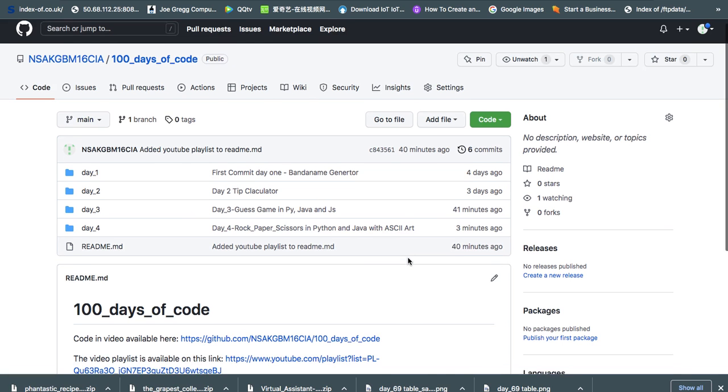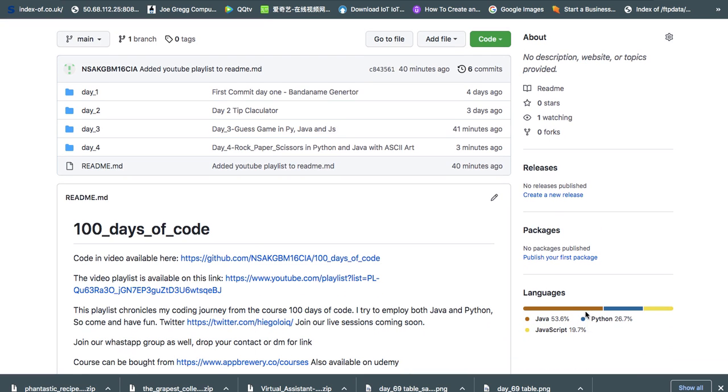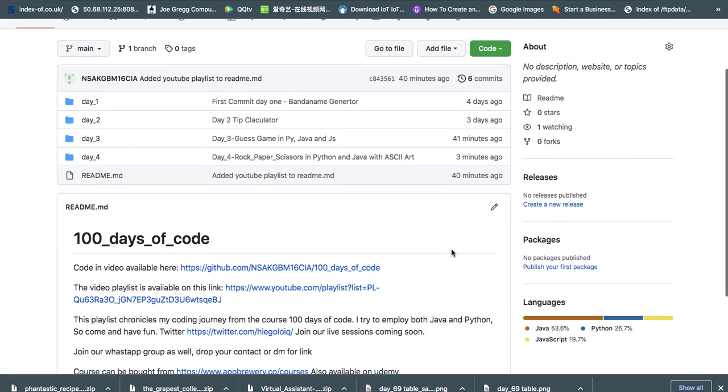Awesome. And that's the end of the video. We had some 19%. We were doing good with JavaScript. We should bring it back. And mostly Java. Look at that. 26% Python. Ah, man, my heart is hurting now. I think I should bring back JavaScript because we're kind of doing well with it. Oh, man. Okay, we'll see whether we can throw some JavaScript in the future as well, okay?